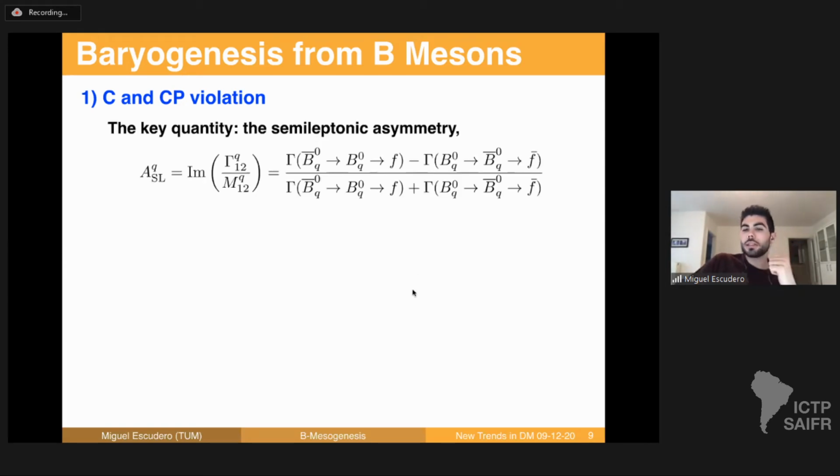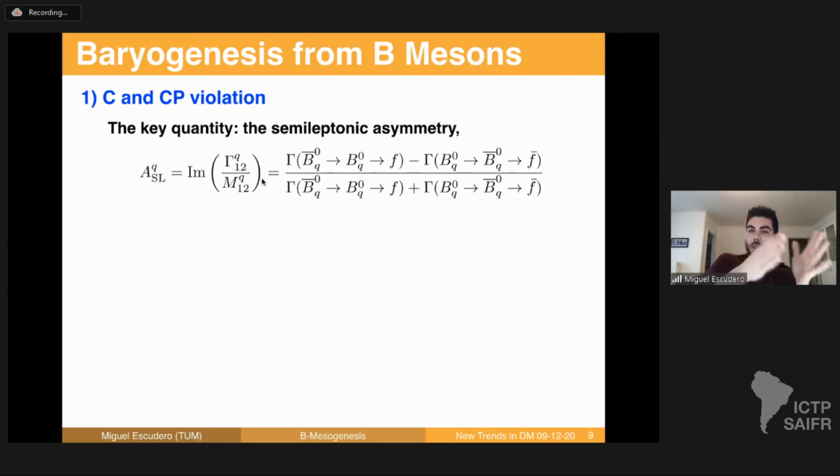So the key quantity that measures the CP violation in the neutral B-Meson system is the semi-leptonic asymmetry, this ASL, that I'm going to refer to extensively through the talk, and is defined as the imaginary part of the ratio of the width mixing and the mass mixing in the B-Meson system. And so that's the definition in terms of mixing parameters, but in terms of things we can measure